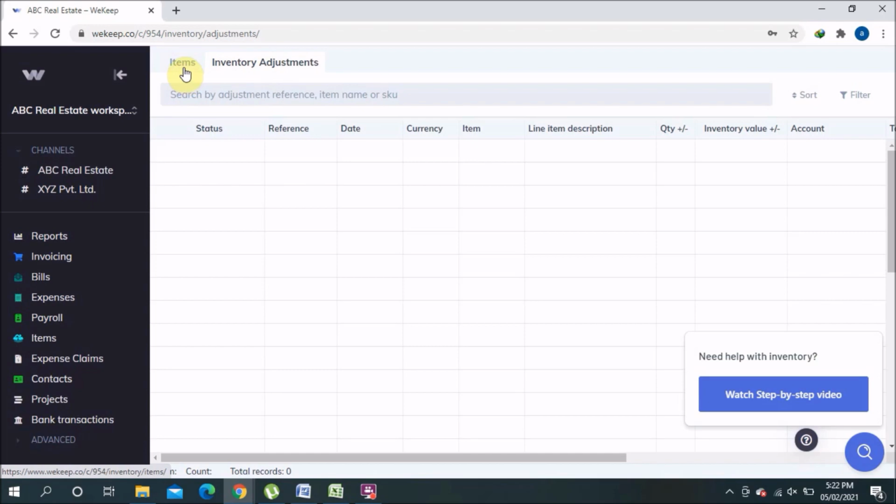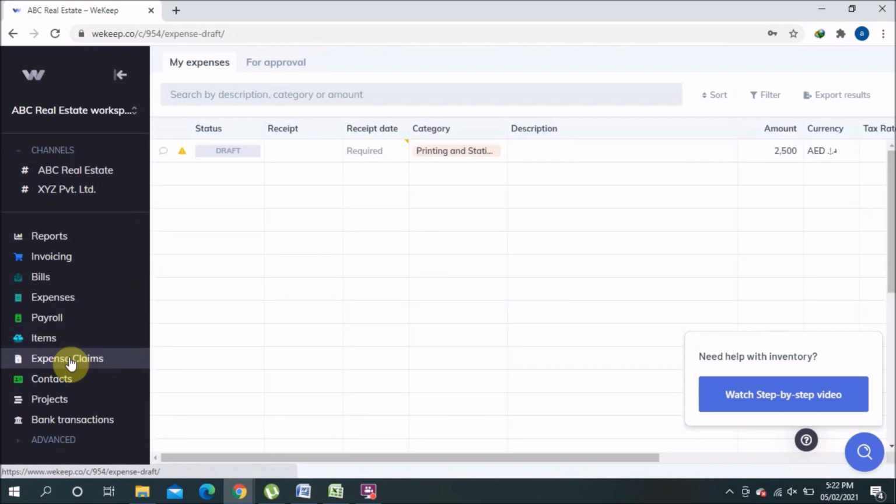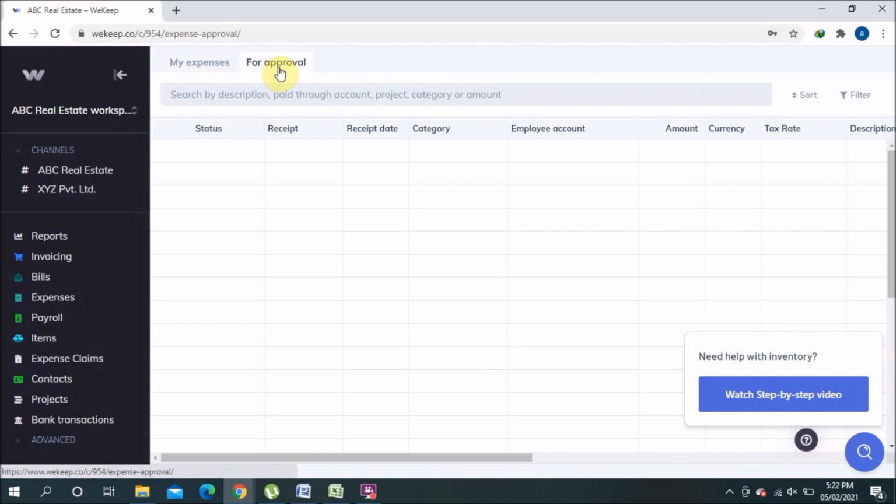So you can do the adjustment also here, plus minus. I just included one already, whatever I'm doing work on that software, so as per that software I included one inventory item here. So, expense claim. Yeah, this is the expense claim for approval. For example, any employee, you give him the right, so he can put the expense, and then it will go for the approval, and then it's approved and you can pay them.